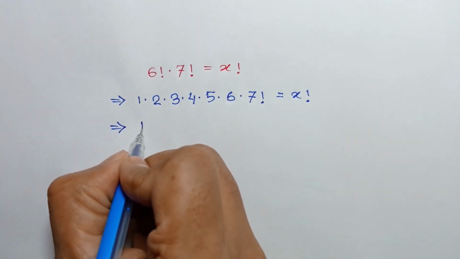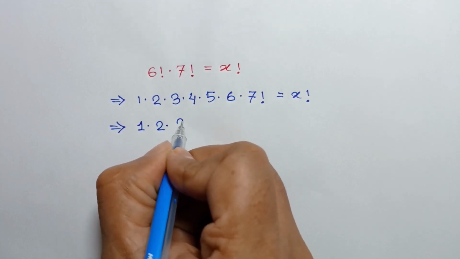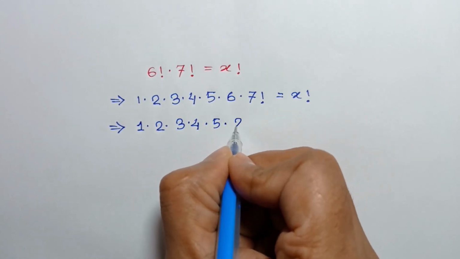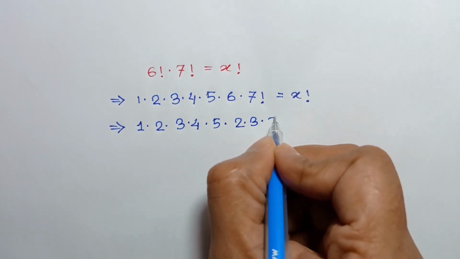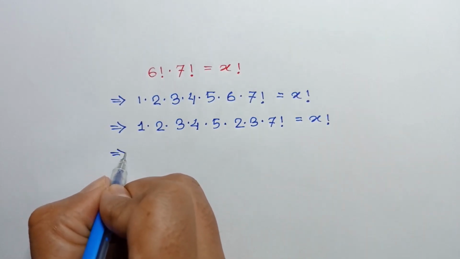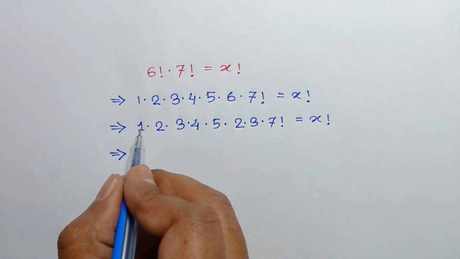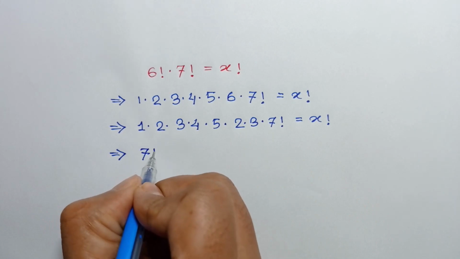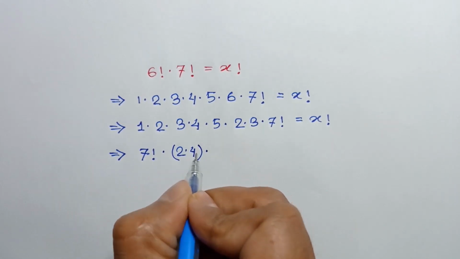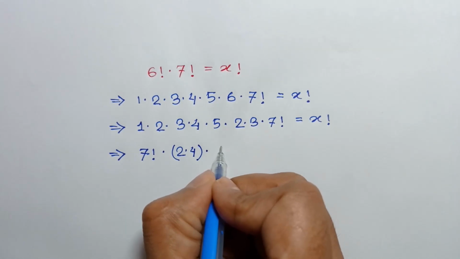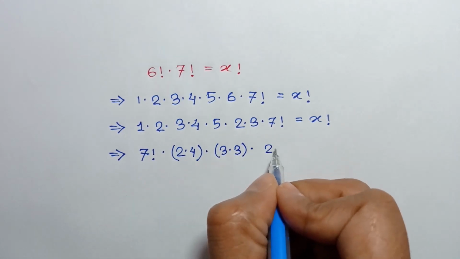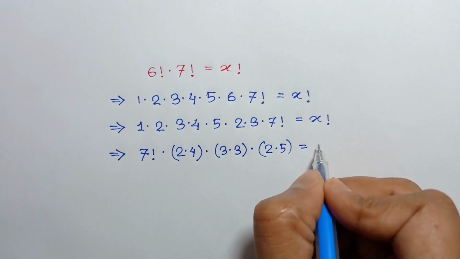or 1 times 2 times 3 times 4 times 5 times this 6 can be written as 2 times 3 times this 7 factorial is equal to x factorial, or rearranging it, we can write 1 times 7 factorial is 7 factorial times 2 times 4 times this 3 and this 3, so 3 times 3 times 2 times 5 is equal to x factorial,